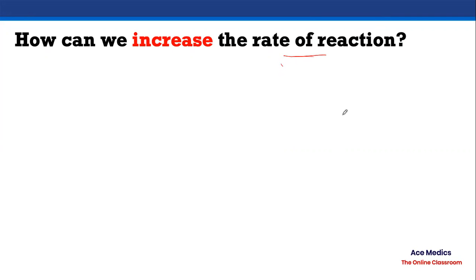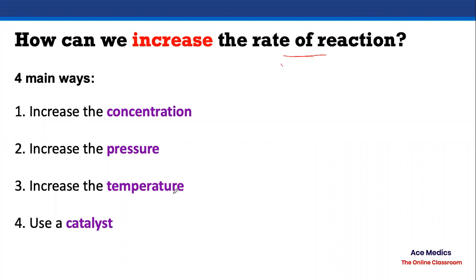Okay, so there are 4 things. The temperature, excellent, good. Yes, temperature is one of them. So there are 4 things that can affect and increase the rate of reaction. The first one is concentration. The next one is pressure. And somebody already mentioned temperature, so good. Yes, one of them is temperature. And something called the catalyst. Okay, so